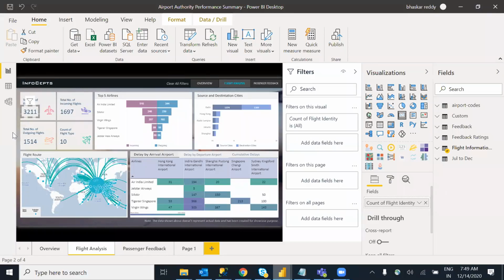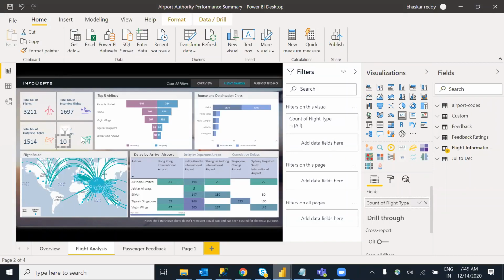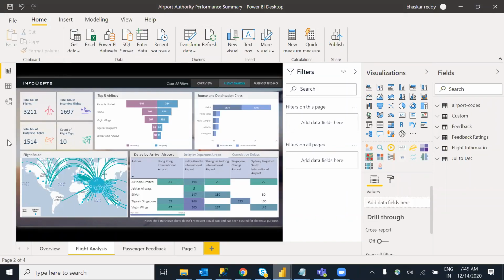The one above is a text box kind of thing, and this is one of the measures. On top of that, at the back they have taken a text box and added some text. Then they added an image, and on top of that they have a number over here. This is only a card visual. The card's background is nothing but an image. They have taken an image for the total number of flights.